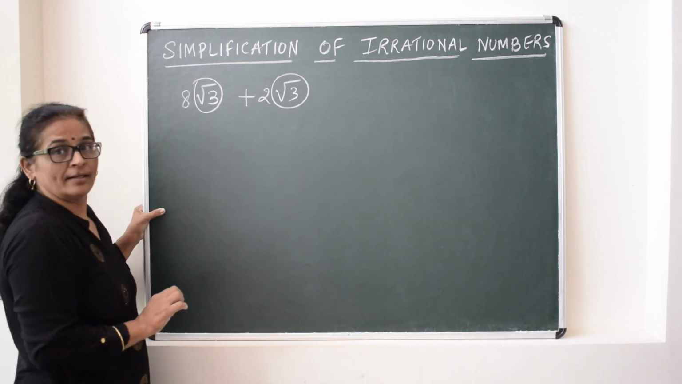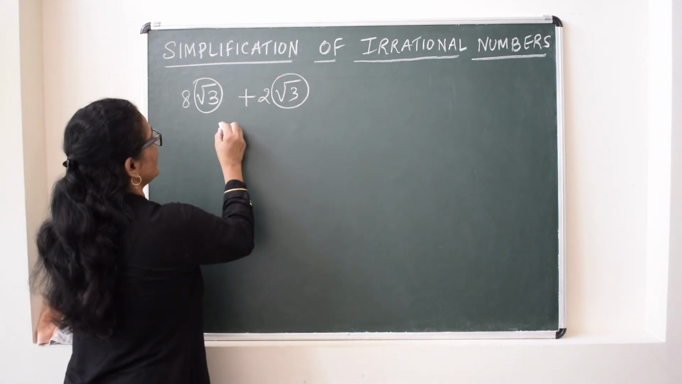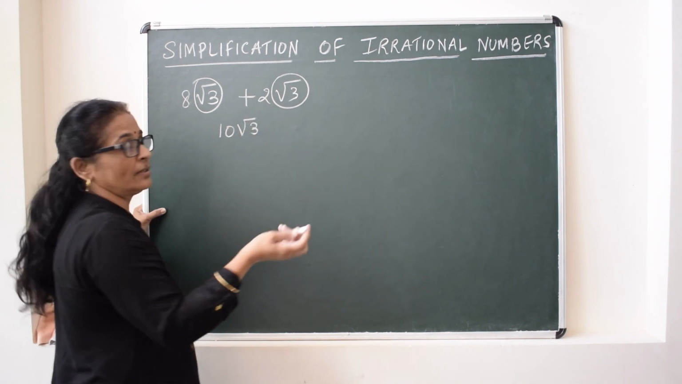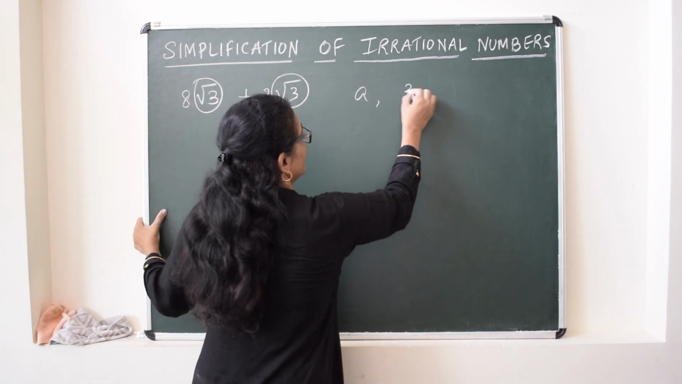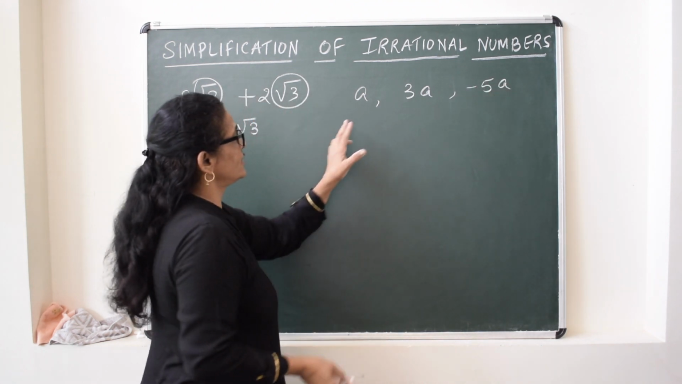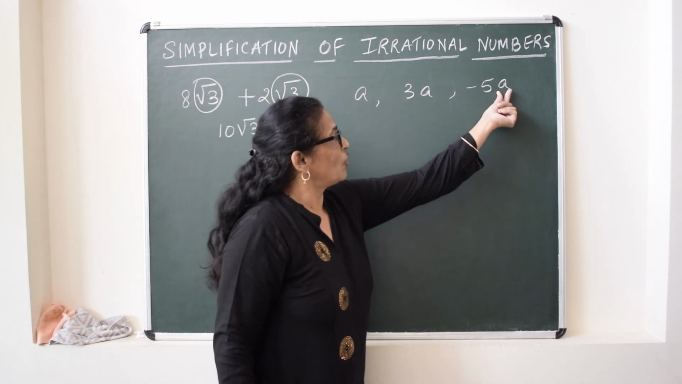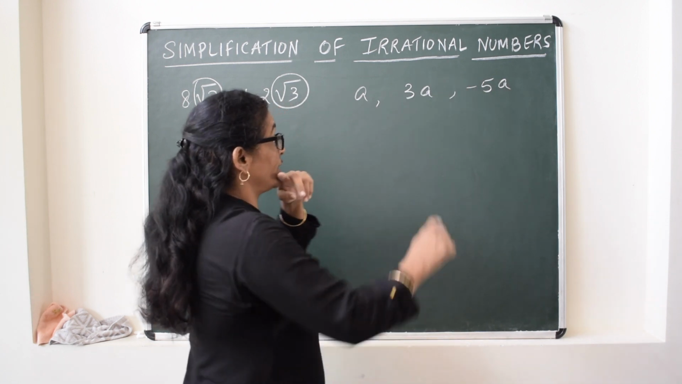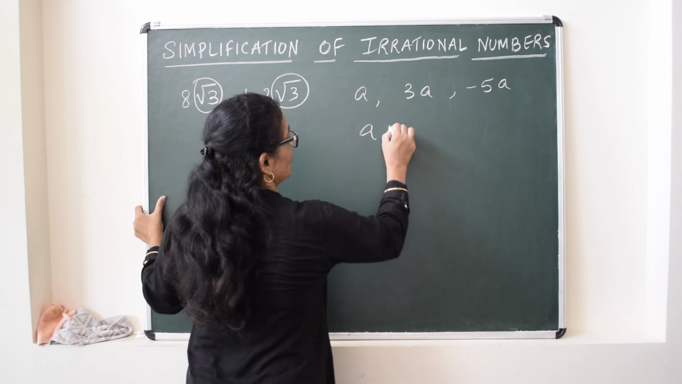We can directly add these two. So this will be 10 root 3. This is something like in algebra when we get terms like this. All these three terms have a common thing, that is a common variable. That is why we can directly combine them. If we have to add,